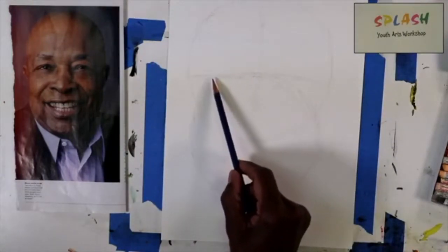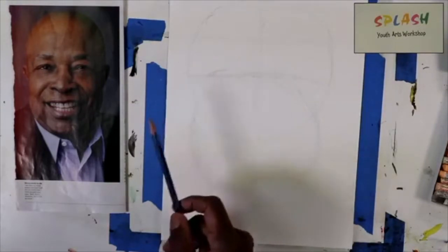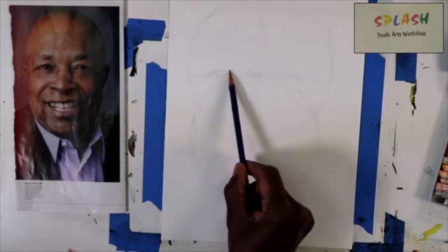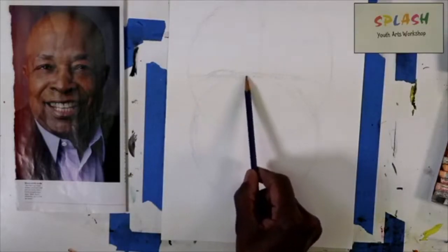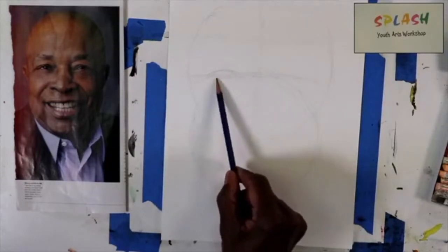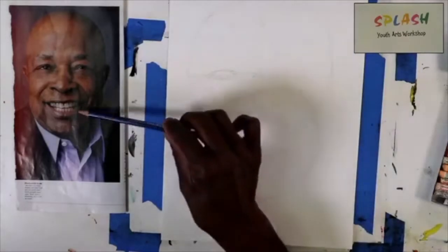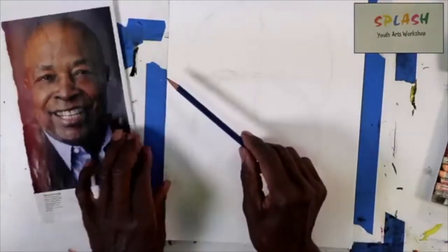Okay, I'm going to start by drawing his left eye. Well, it's his right eye, but it's to our left. I'm just going to draw in the shape of that eye. And I'm trying to find out the size of this eye. So I have to look at it. I keep looking at the picture. I look at this picture